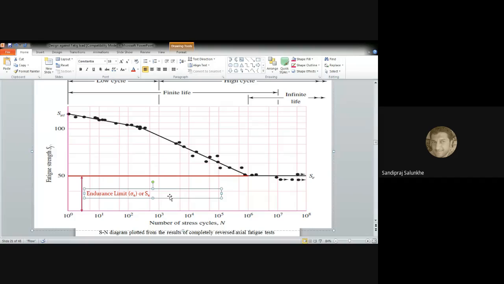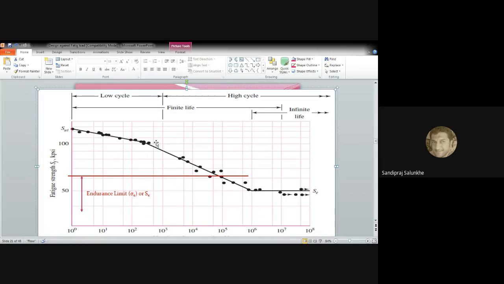Once you draw this SN curve, then we know that once you do any experiment and publish it, there are people who are going to criticize us, and they are going to work on what we have published. So later on, after many people have worked on that and done the operation on this graph,